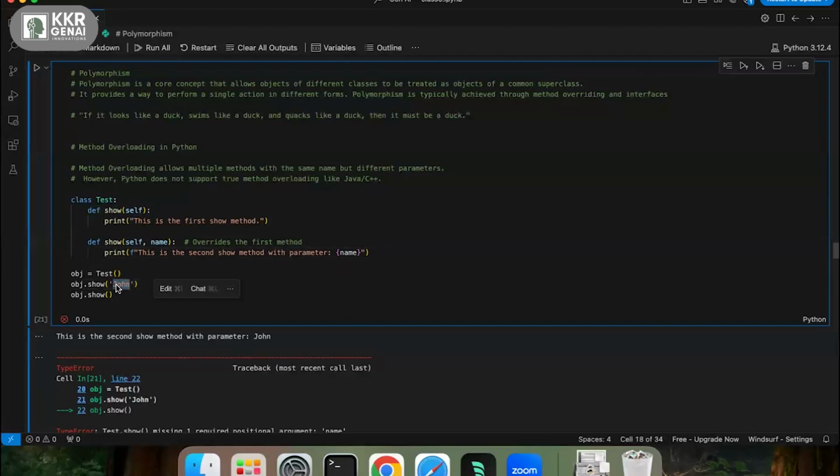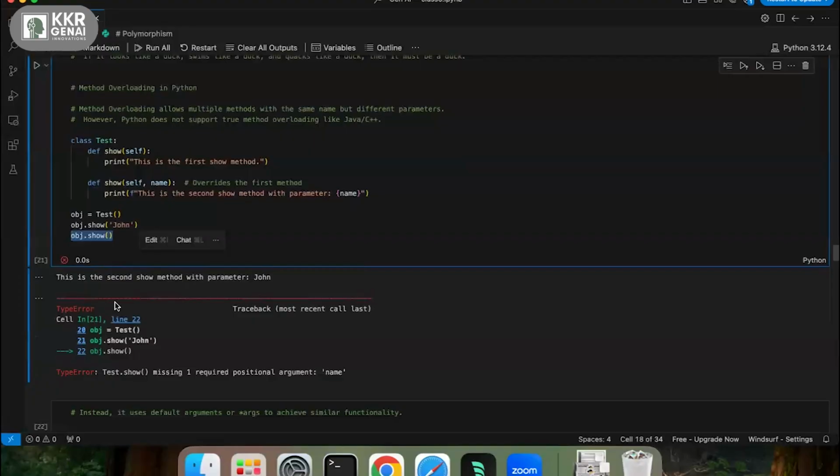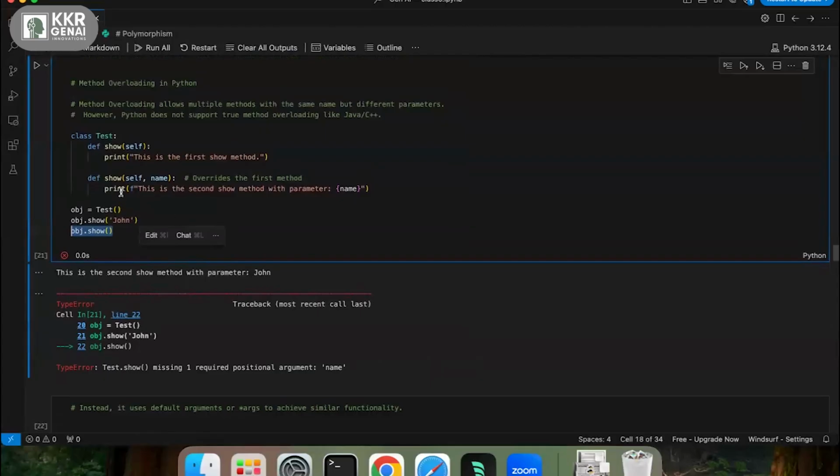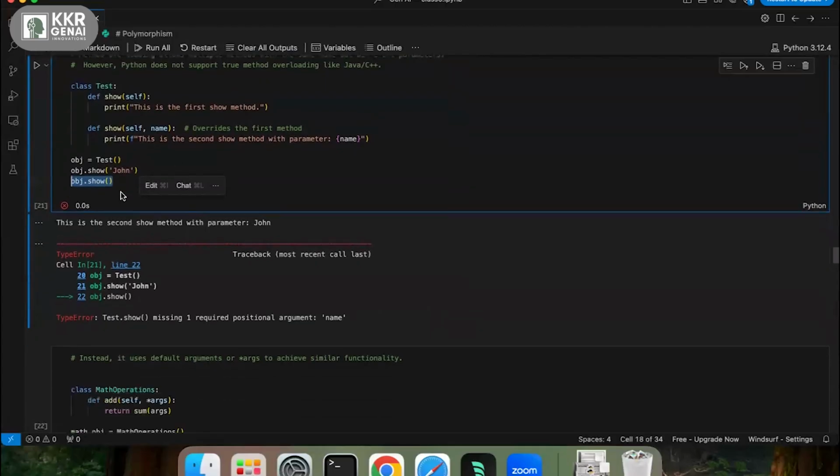If I call show with a parameter, this method will override the first method, so I'll get this. I can run this, but if I call my first function, I'll get an error saying that one parameter is missing. So method overloading is not possible in Python.